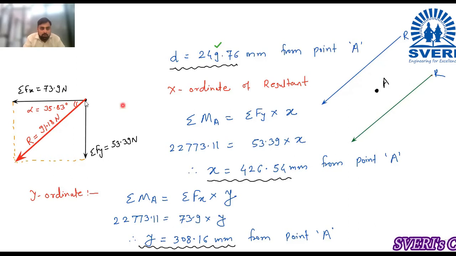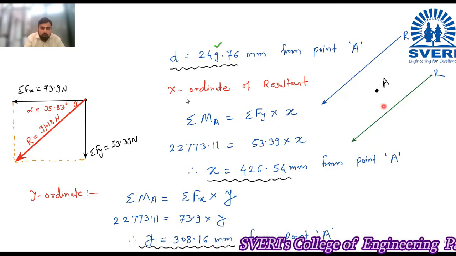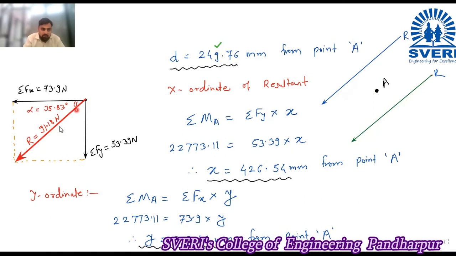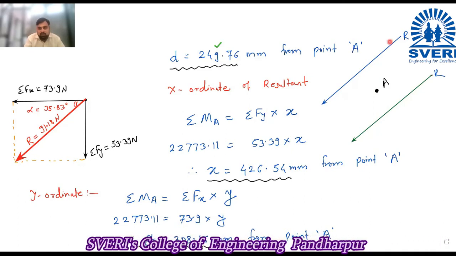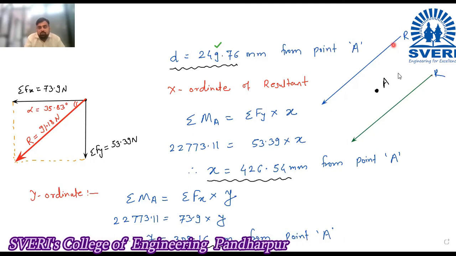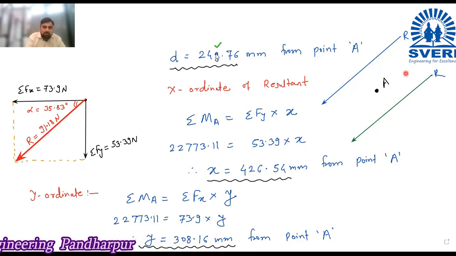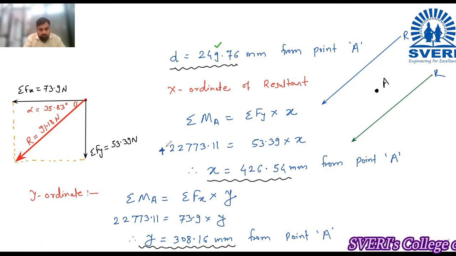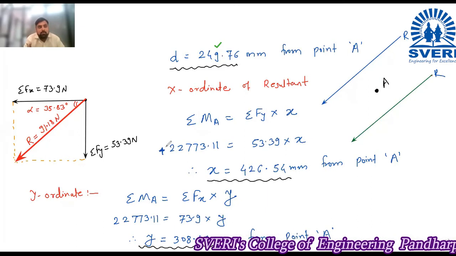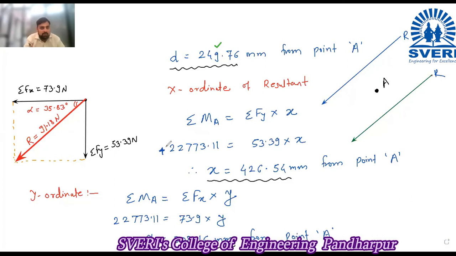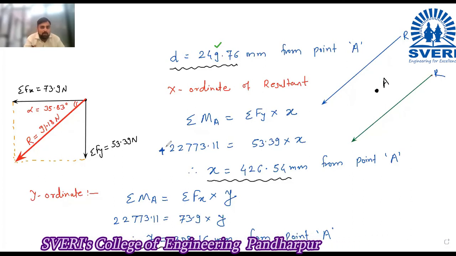So what we will do, we will draw two lines. One is above point A and one is below point A, like this, parallel to this in the same direction. These are the two lines. Out of these two, one is the correct resultant, one is not. So how to find the correct resultant? Here you have calculated summation MA and this value is positive. Positive value means the resultant is causing clockwise movement about point A.